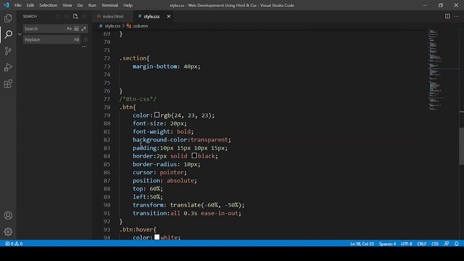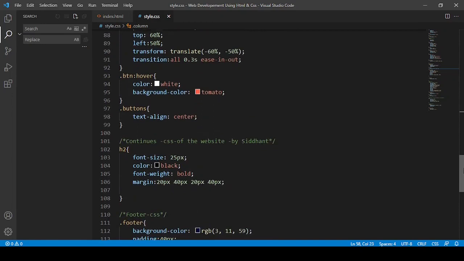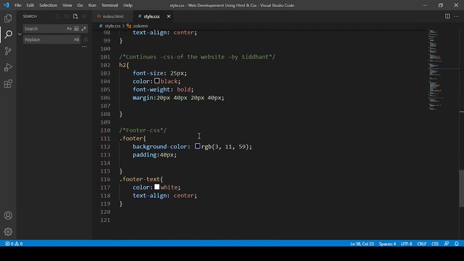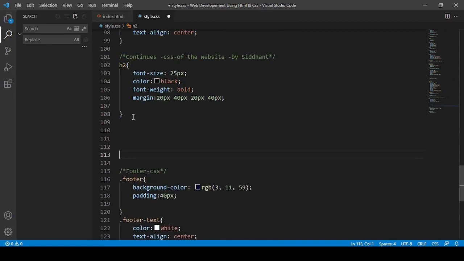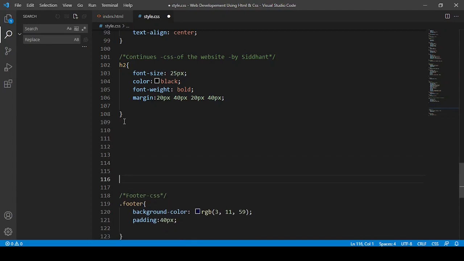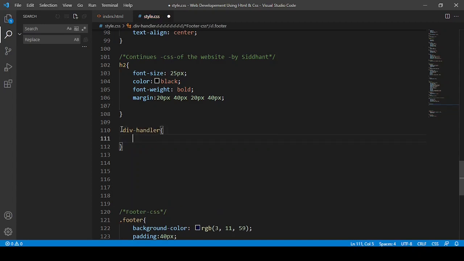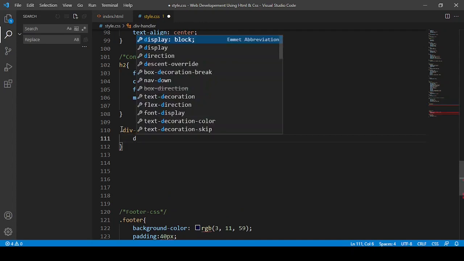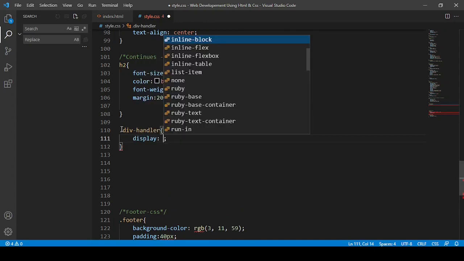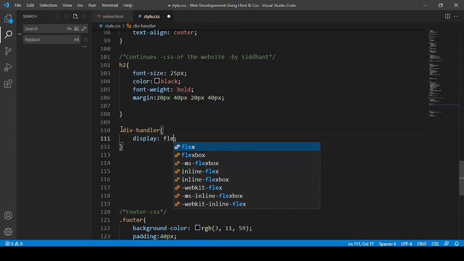Now in this CSS I'm going to first say div-handler, and that I'm going to say display flex.